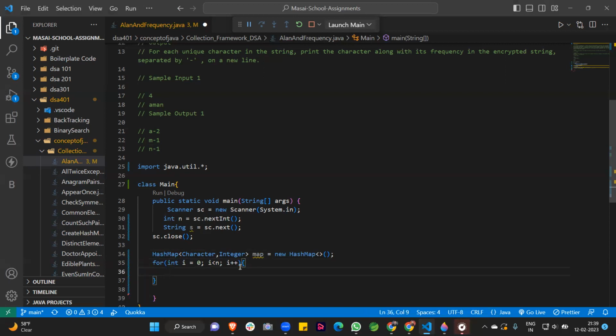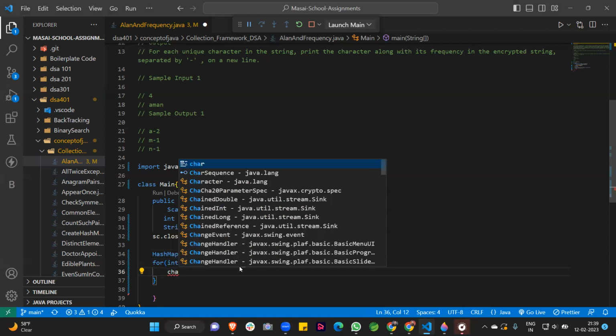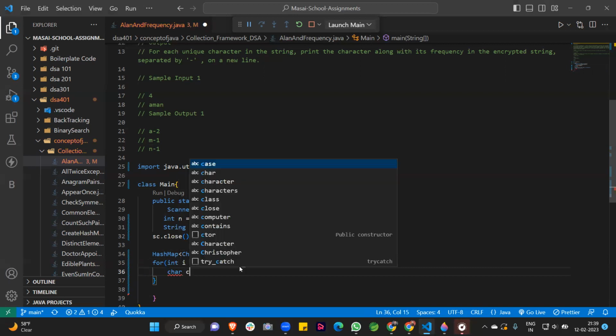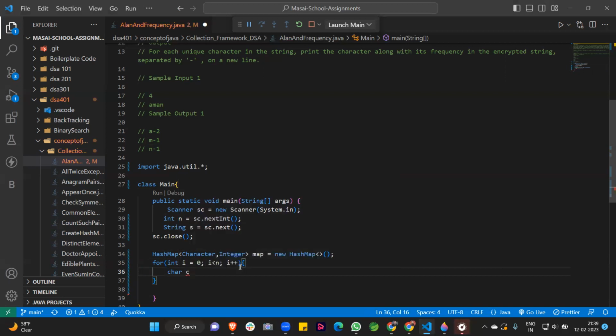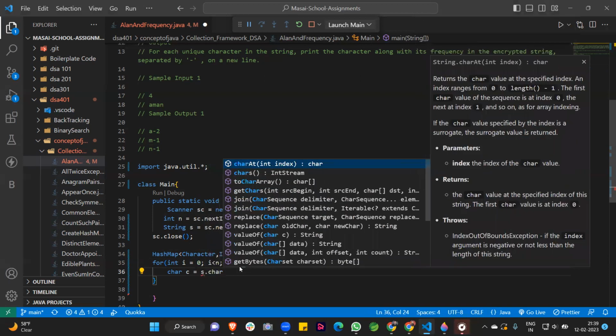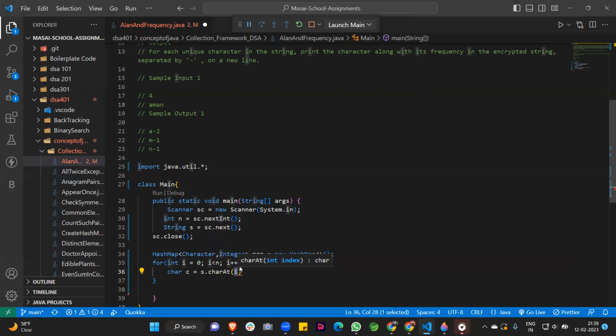After that, I store every character value in a char c, like c is equal to s.charAt(i). So we are iterating the loop over every character of the string. After that, guys, the character is stored in c.